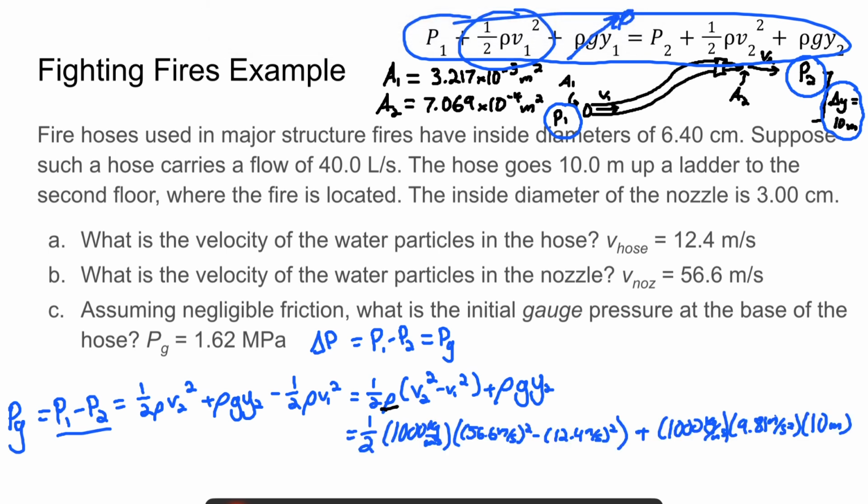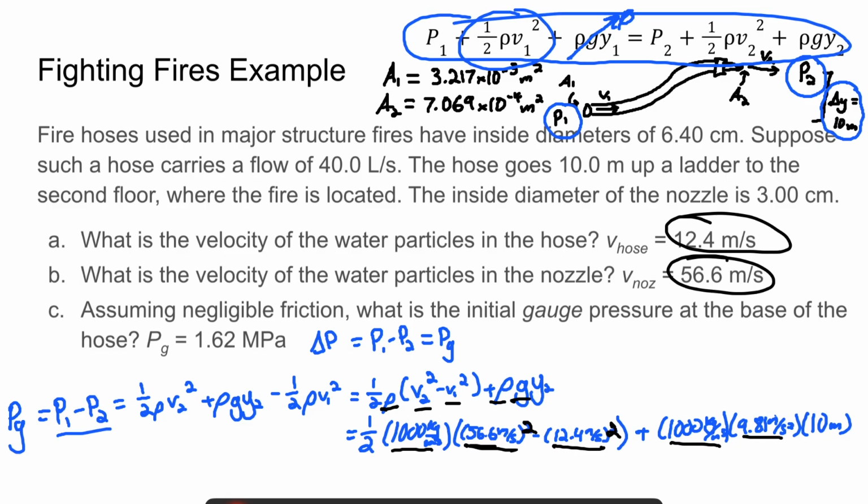So we take 1/2 times the density, 1,000 kilograms per meter cubed, times our velocity V2 squared, which is 56.6 meters per second, squared, minus our V1 squared, which is 12.4 meters per second, the velocity inside the hose, squared, plus 1,000, our density, again, times g, 9.81 meters per second squared, the acceleration due to gravity, and finally times the height that we gain from going from inside the hose to the top of the hose, the nozzle, which has ascended 10 meters up to that second floor or wherever the firemen are putting out the fire. And then if we plug all those numbers in, we get a difference in pressure, or a gauge pressure,